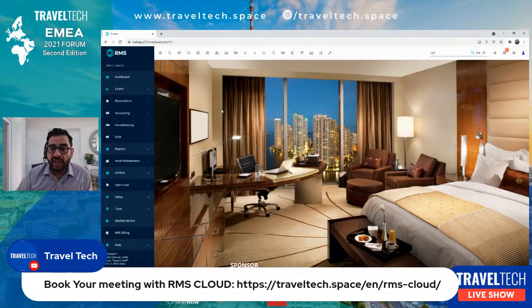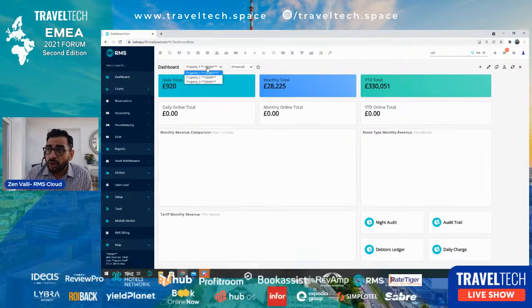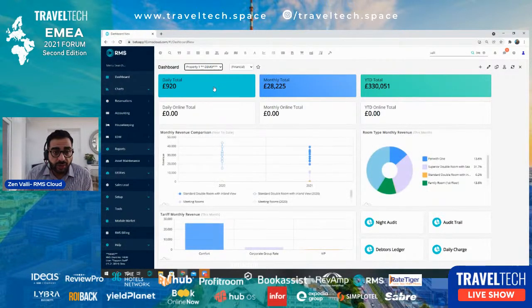A couple of quick areas that I also want to show you are the dashboards. So these are the RMS Cloud dashboards. Again, you've got property by property. Remember, you can have properties in multiple different currencies in one enterprise architecture. This is an example of the financial dashboard that I've created, but I can edit the dashboard over here. If someone else likes my dashboard within the property, I can assign it to their user profile. I can see daily, monthly, year-to-date totals, comparisons by room type, monthly revenues. You can see the type of rates that are most popular, areas which will take you directly into the night